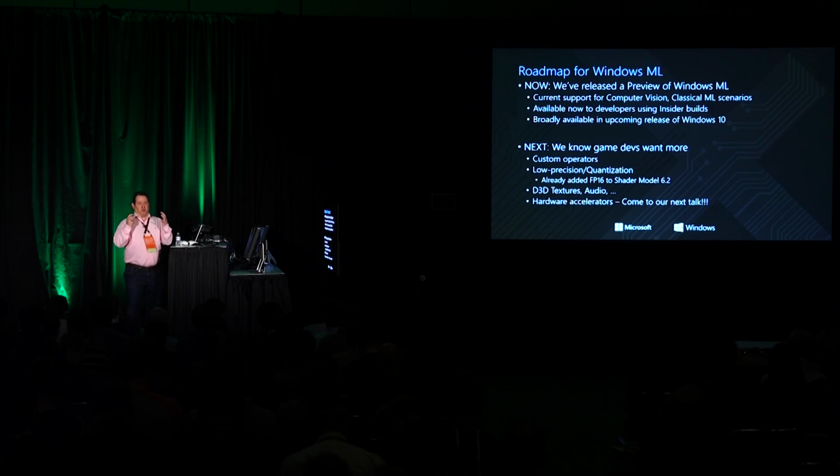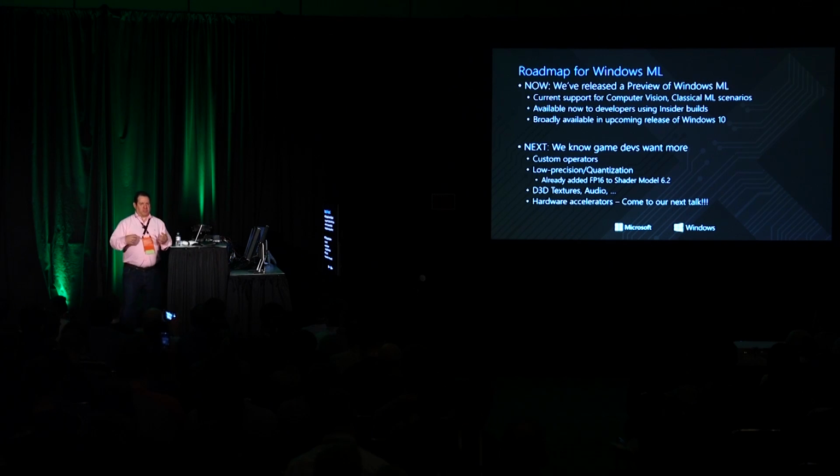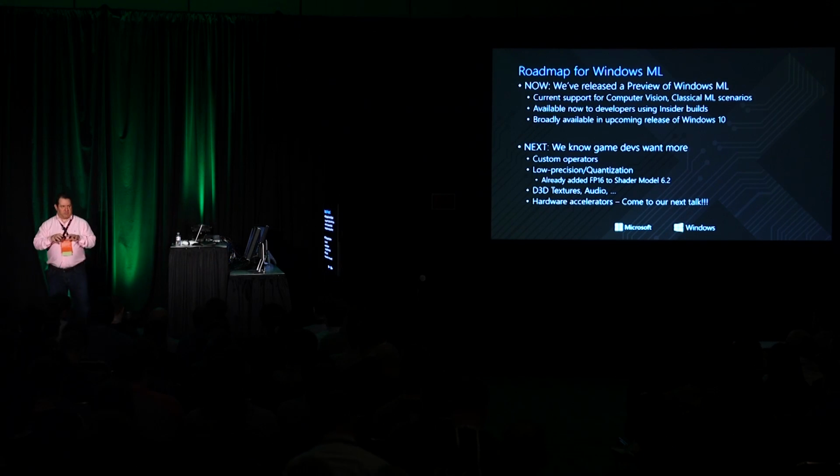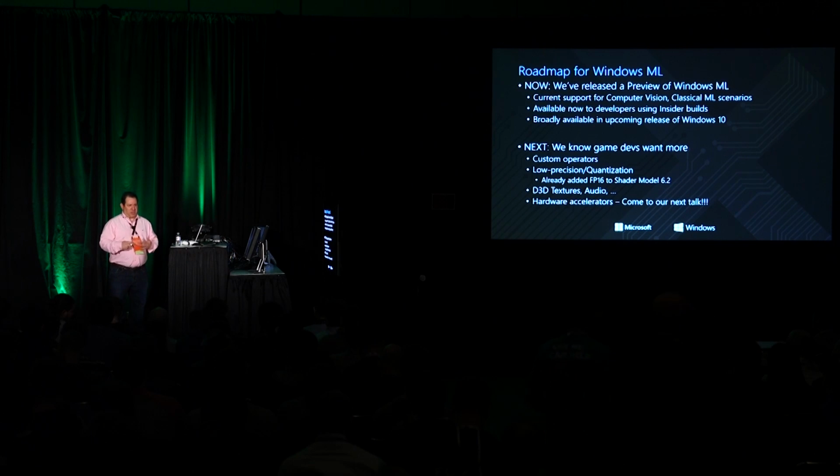When we think about the neural network system itself, the space is moving very fast. Every day, new techniques come up for skeletal tracking and reinforcement learning and bots and all different kinds of things. We don't want the platform itself to slow you down. So if you want to create your own custom work to enable your specific machine learning technology to work, you can. You can write the CPU operator in regular CPU, but because we're used to writing shaders, you can also write a DX12 shader and have that become part of your machine learning network and part of the thing that analyzes the graph of data as it comes in.